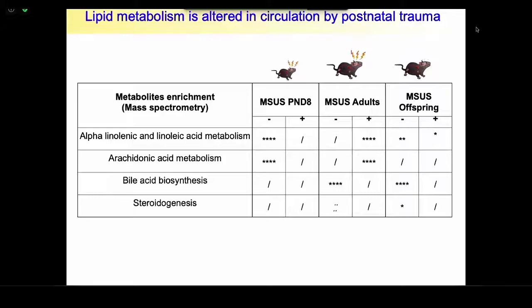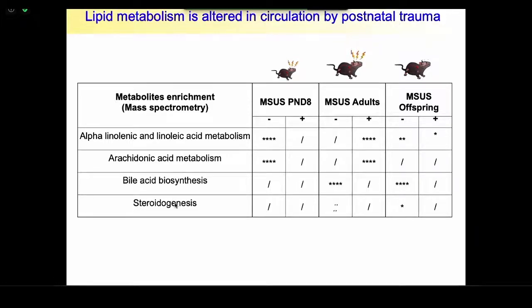After really many months of work and data mining, we came up with the observation that the major metabolites which were altered are linked to lipid metabolism, in particular alpha-linolenic polyunsaturated fatty acid metabolism. The metabolites derived from these polyunsaturated fatty acids, as well as arachidonic acid metabolism, bile acid biosynthesis,